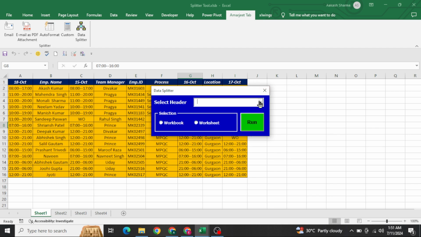So now if I click on employee name, and click on this workbook, I will give the path, and if I click on run, what it should do is first extract the unique names and keep filtering the data, copy and paste it into a different workbook, and save it in the particular path which I have given in this text box. Okay, so we need to do all these things.